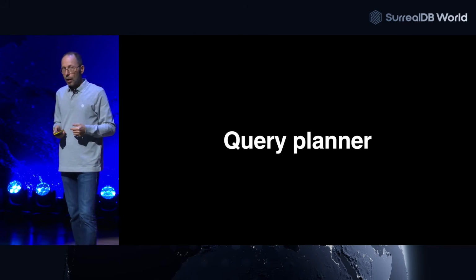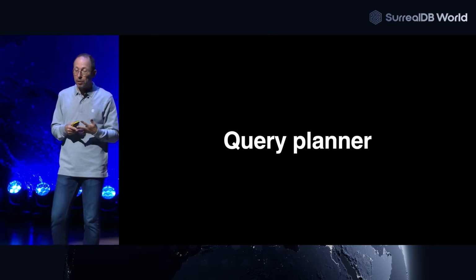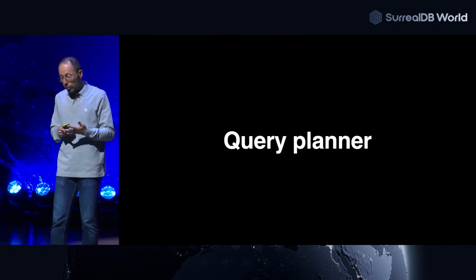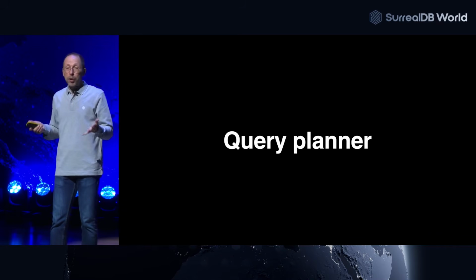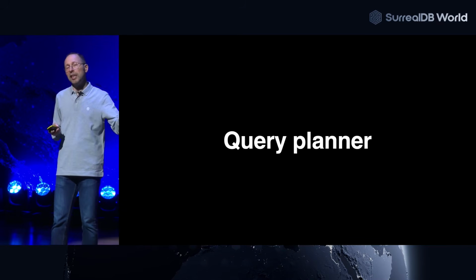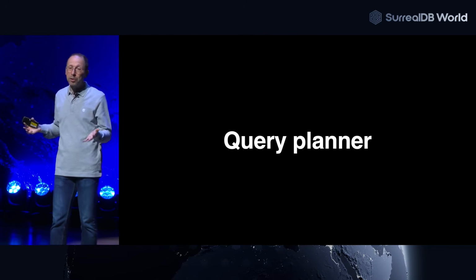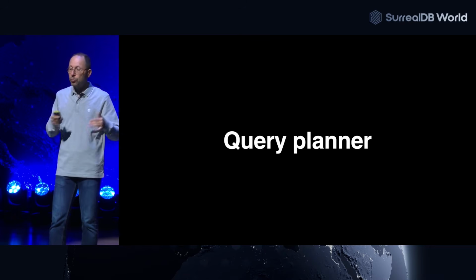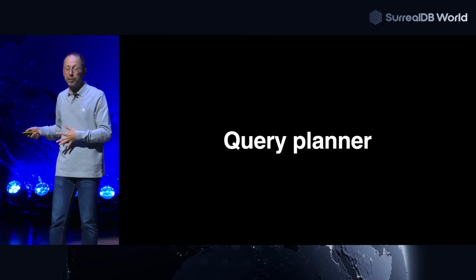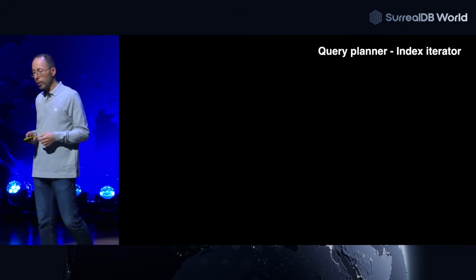Good. We have indexes. We have the way to query and use these indexes. So we introduced something new that did not exist in SerialDB yet, which is the query planner. The query planner is the guy that says, okay, I have an index here. You have made this query with all those predicates. Now I have to understand if I can use an index or not. So the query planner, this first version of the query planner, tries to trigger the indexes and speed up the queries for you. Query planner.